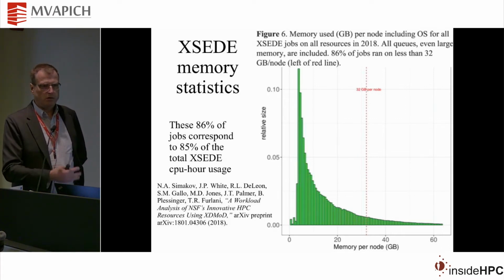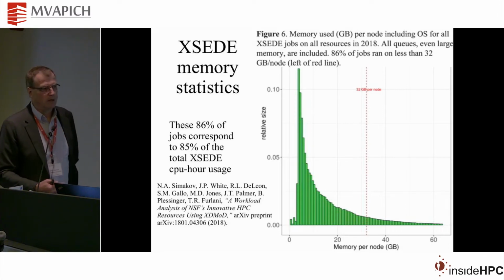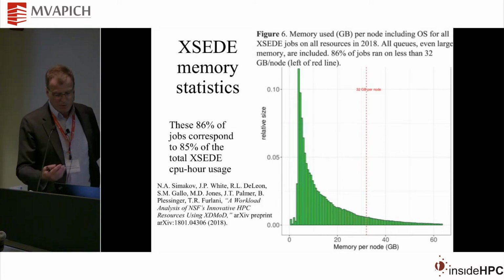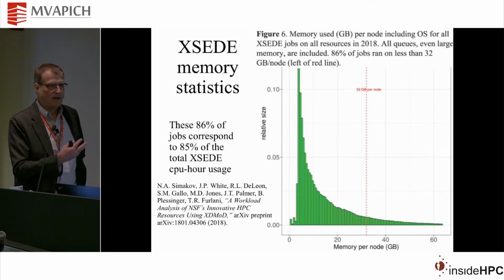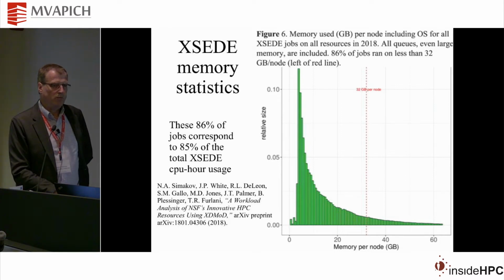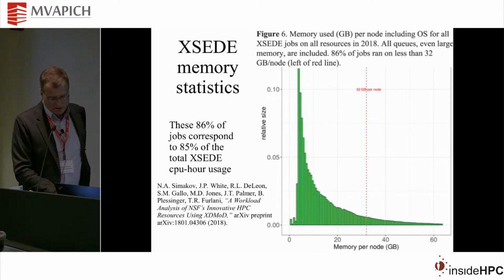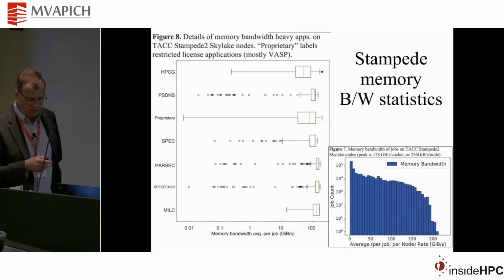It's not cost efficient, it's not power efficient to be configuring every single machine to run the worst case of all possible jobs. Right? Clearly, some science, some jobs need a very large amount of memory, both for performance reasons and ease of programming and all of that. I certainly have many jobs that need more memory than this in my own portfolio, but nevertheless, a very large fraction of what people do will easily fit on the proposed system. And clearly, future systems are going to have more memory on them.